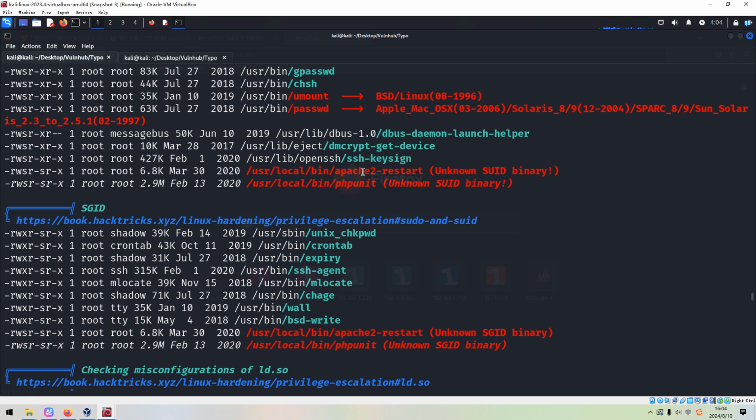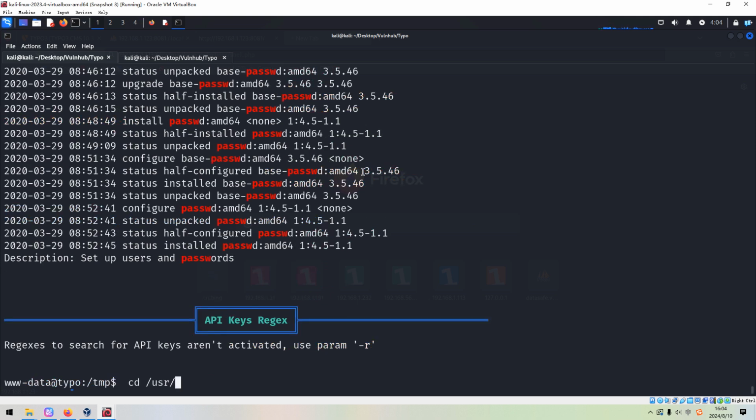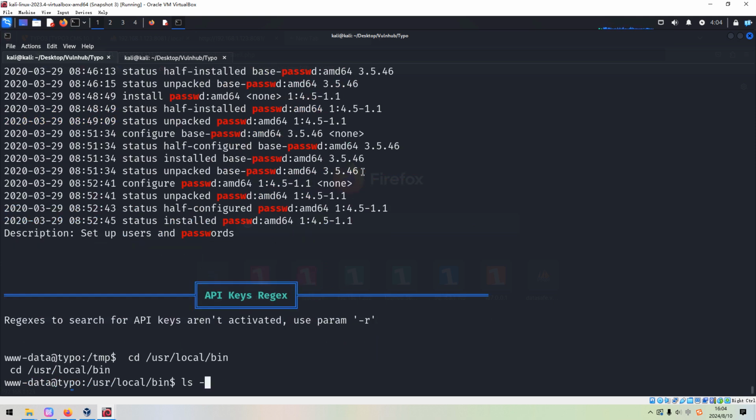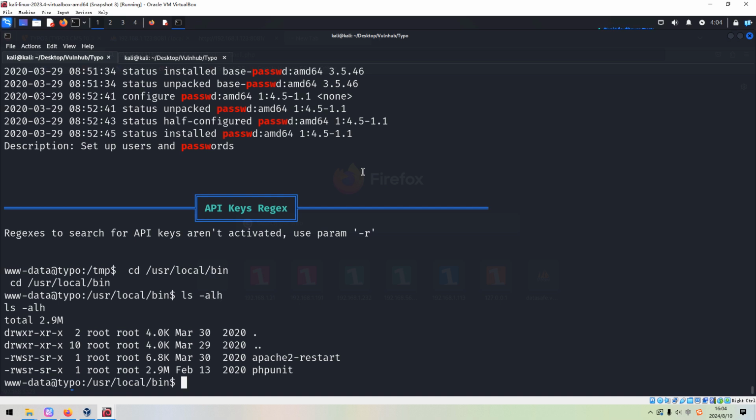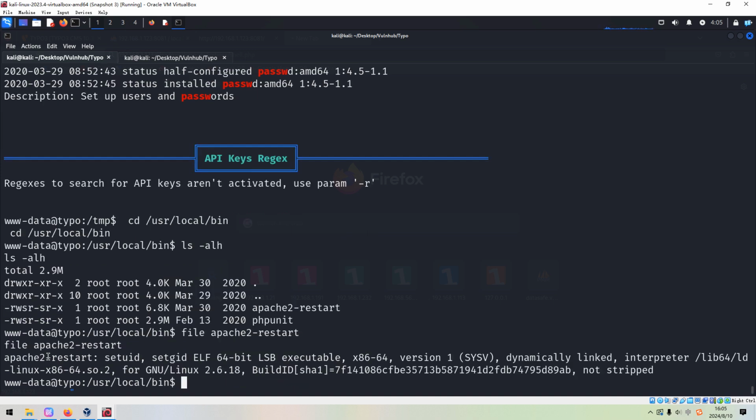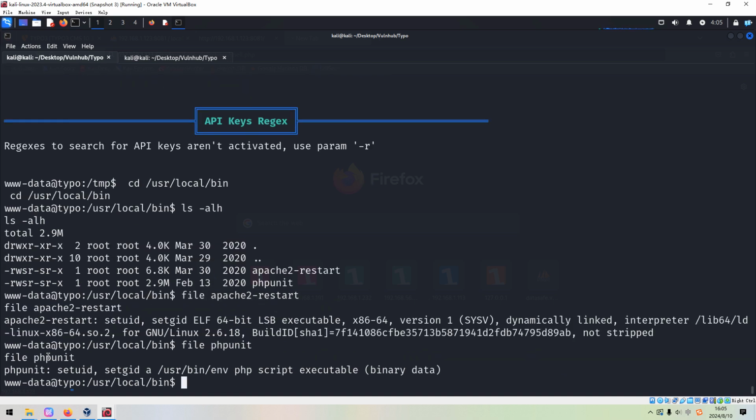Apache 2 restart. We can go to the local. And I think both have the SUID bit. So we can run file on Apache 2 restart. This is the executable, a 64-bit executable. And also we can run file on PHP unit. So this is a PHP script. We can cat out this file.